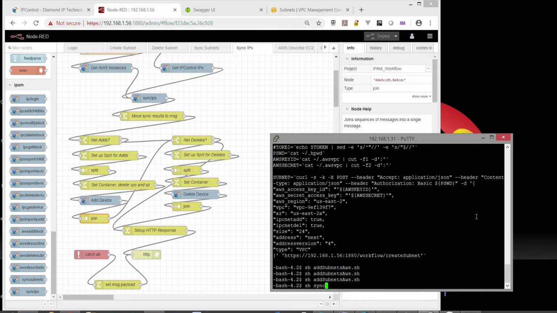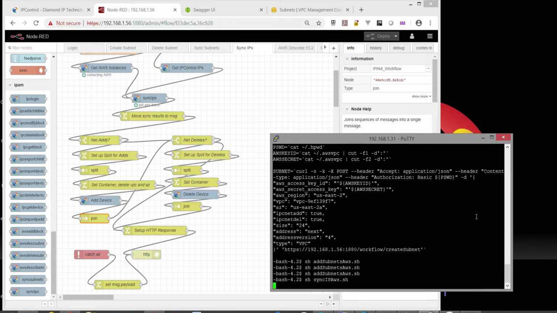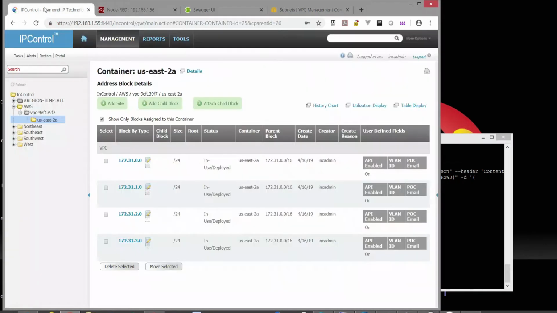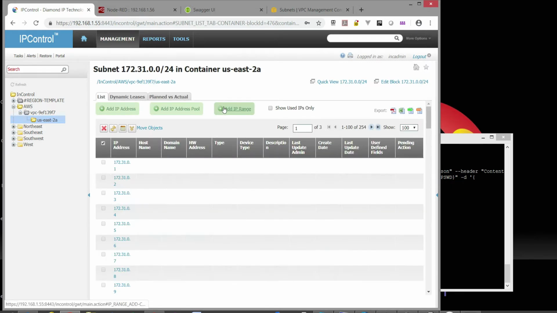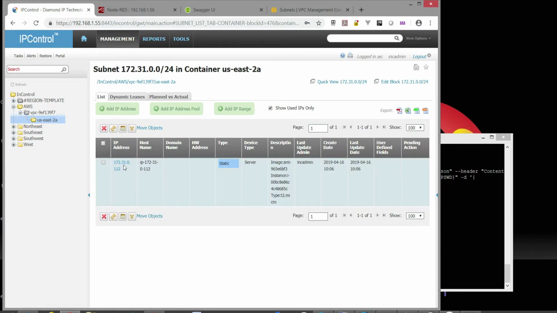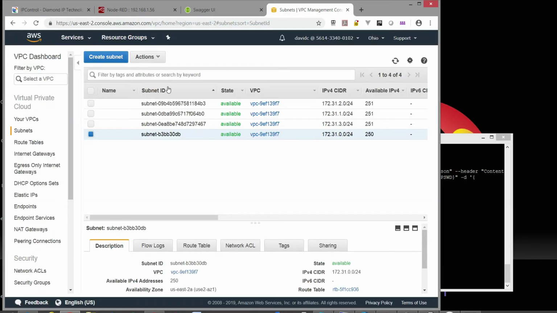And so when you do the sync IPs, it's going to pull back any instances or VMs that are deployed. Now, in my case, I only have one, so it only pulled back the one IP address, and that is this 131.0.112. Now, a couple of key notes about any of these subnets and things is that you